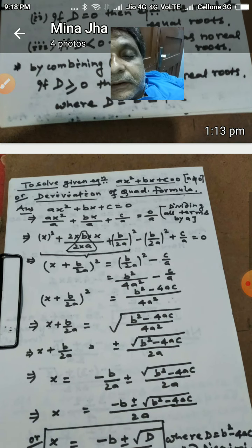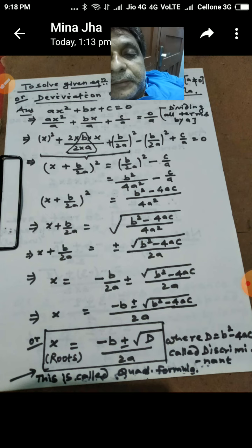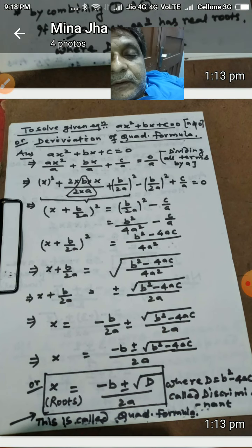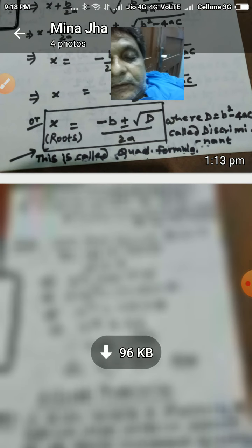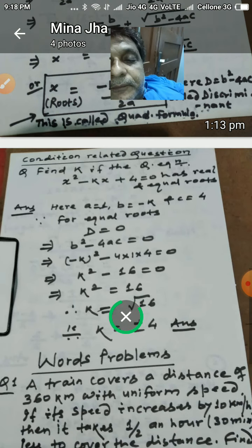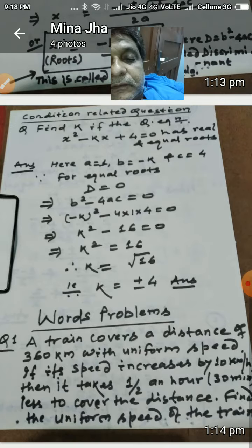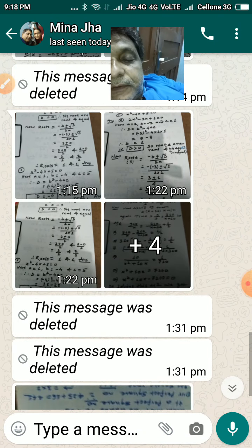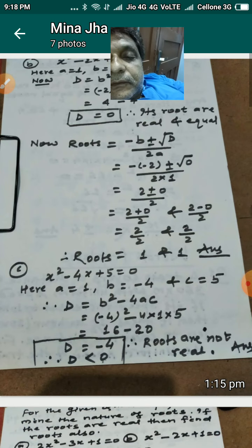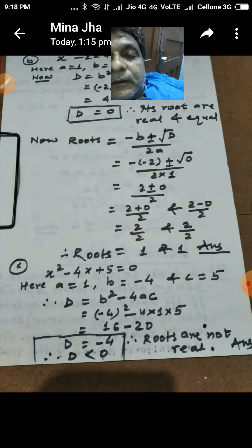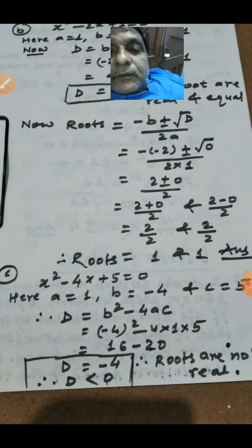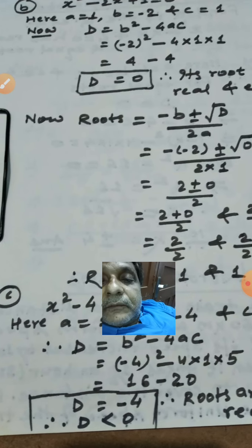So we will take an example here. It is again the same page. Now let us see the condition-related part. We will search that page. Just a minute. So here, condition B and C. Okay students, let us take one by one.